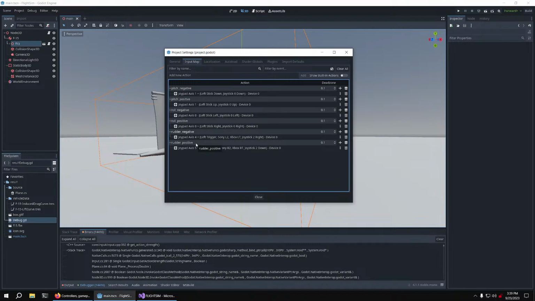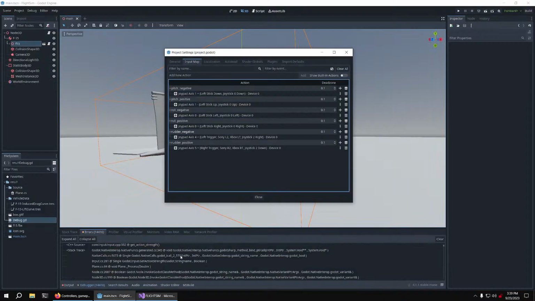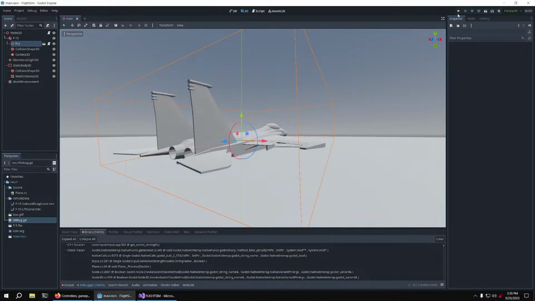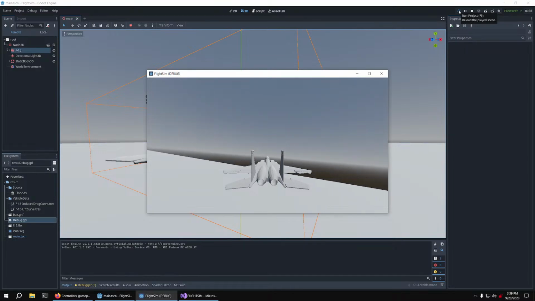Rudder negative and rudder positive. Oh, is it a typo? See, this is why I don't like stringly typed languages. And Godot's API is stringly typed. Okay, well that solves the bugs I was facing, but the other issue is that